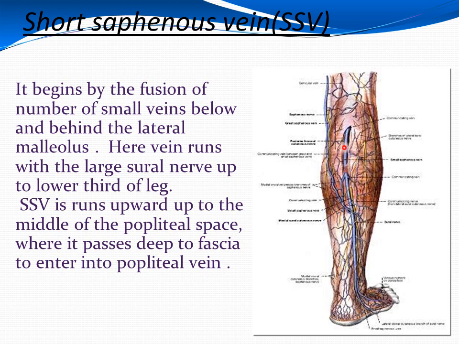You can see here the two heads of the gastrocnemius. So between the two heads, it undergoes a subfascial course and reaches the middle of the popliteal fossa